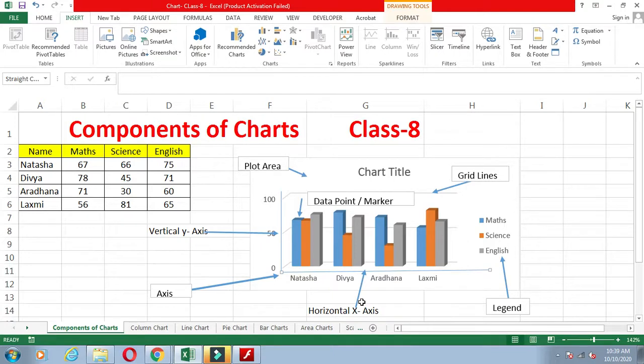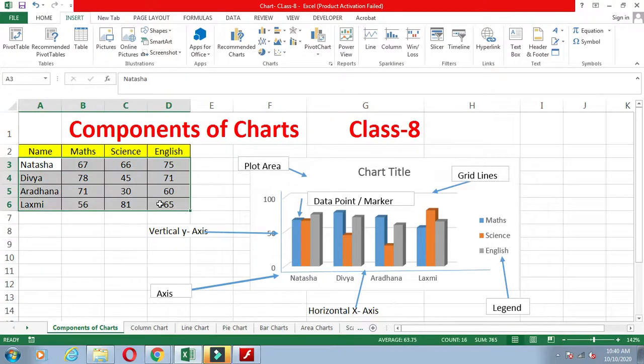What does this legend do? This legend identifies each and every data series, the series we typed here. Math, science and English. So these are the components we can see in the chart.